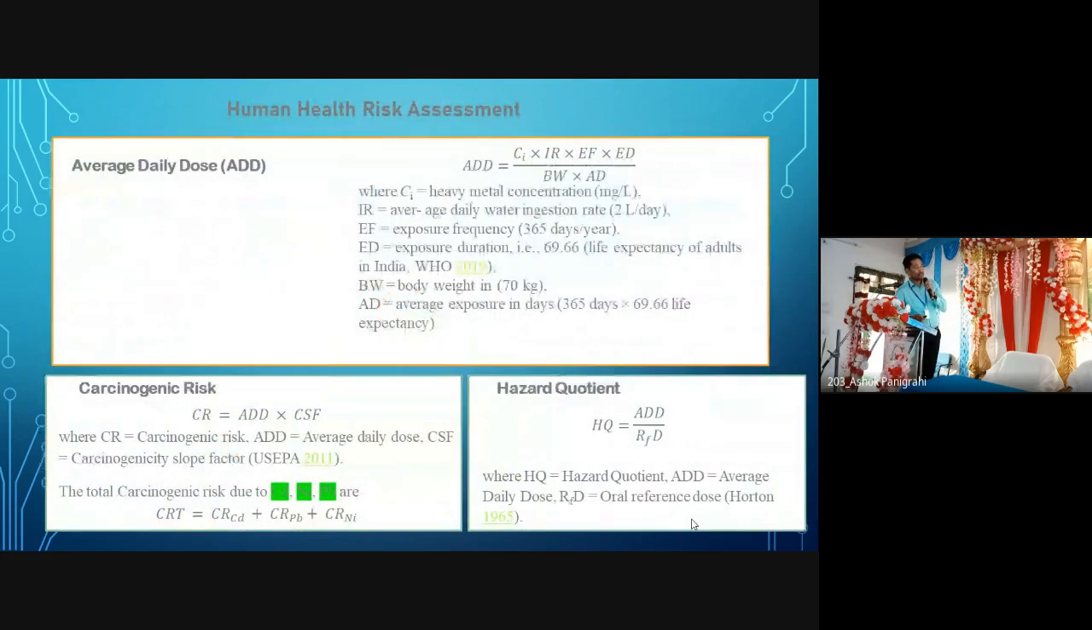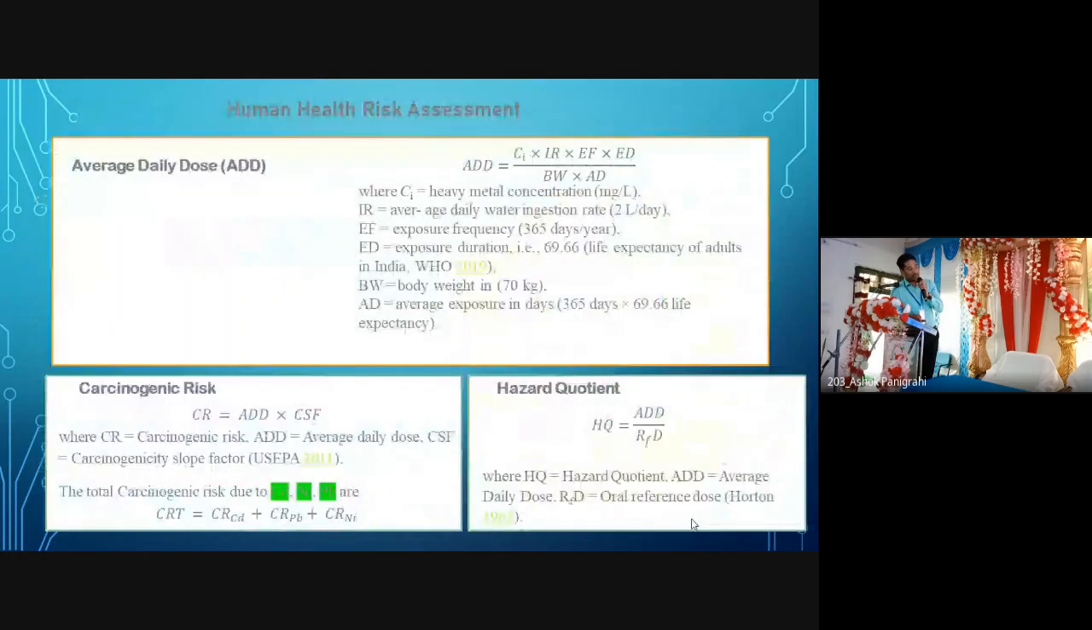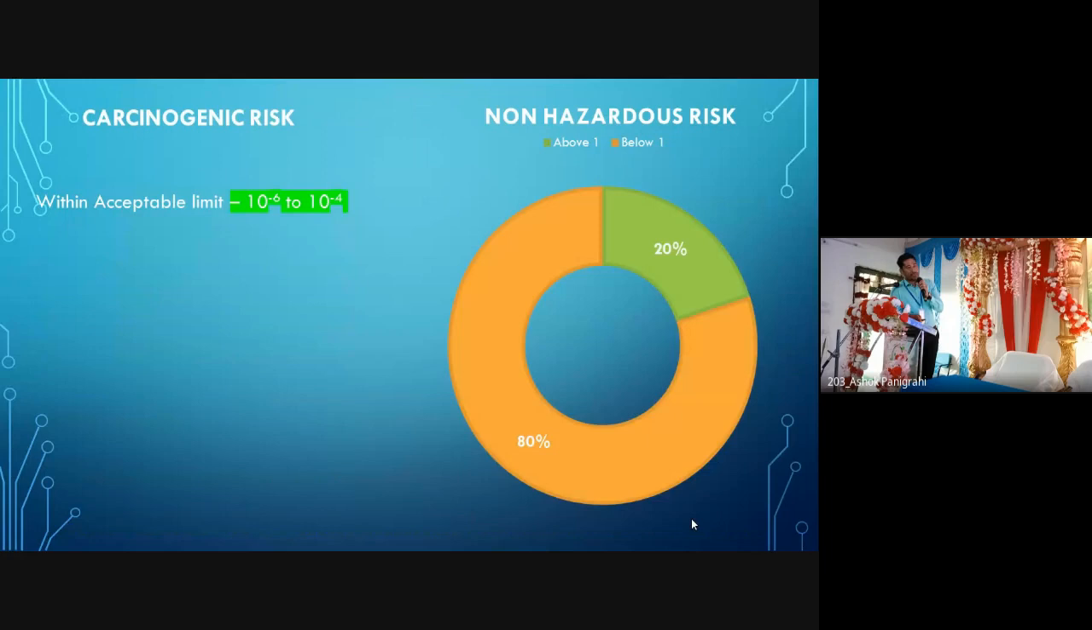Then after analyzing heavy metal indexes, we assessed the human health risk, which can be divided into either carcinogenic risk or non-carcinogenic risk. After analyzing carcinogenic risk, we found that they are within the acceptable limit. So there is no carcinogenic risk, although the levels of cadmium, nickel, and lead are above the permissible limit. But there are 20% of sampling sites which show the non-carcinogenic risk, which can cause diseases like CKD, kidney diseases, and